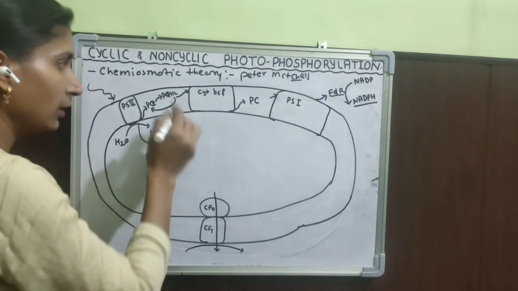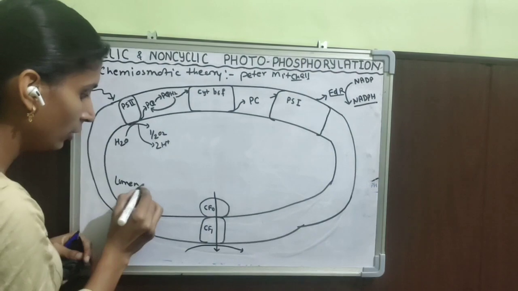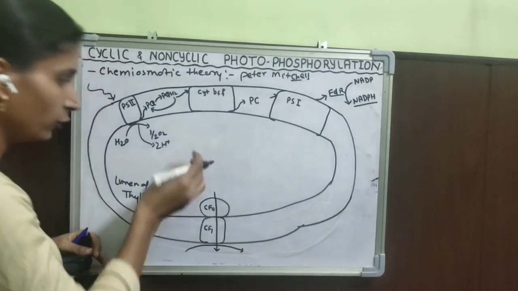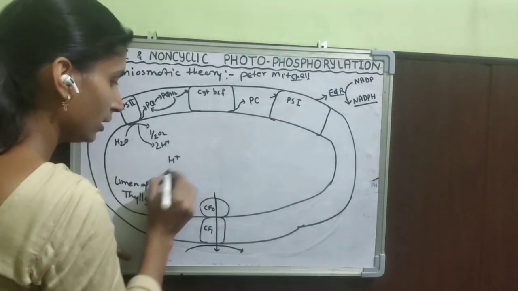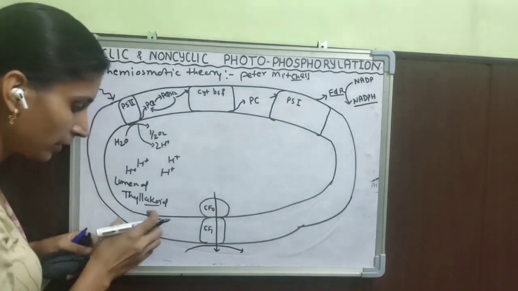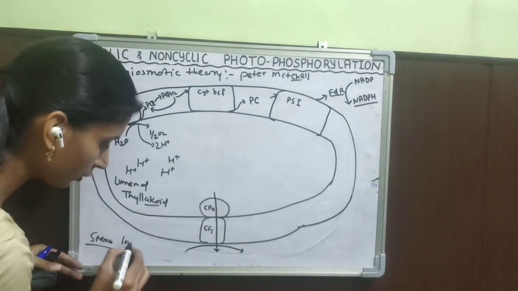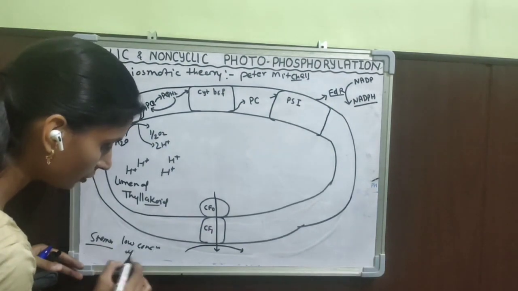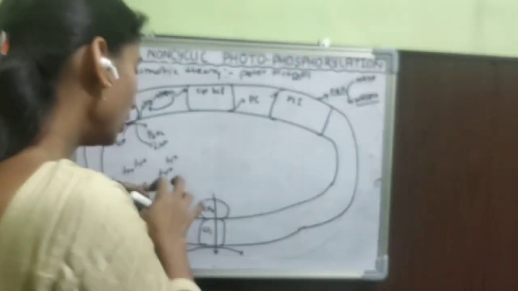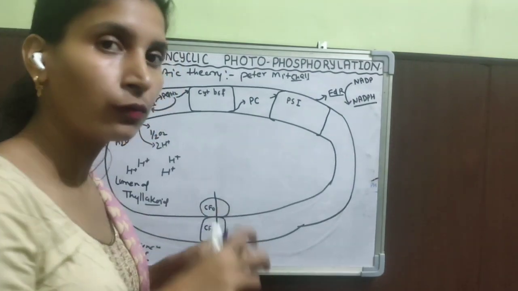So when this is the lumen of the thylakoid, it is highly acidic because a high proton concentration is there. But in the stroma of the chloroplast, a low concentration of protons is there. So due to this pH difference, a proton motive force is generated,